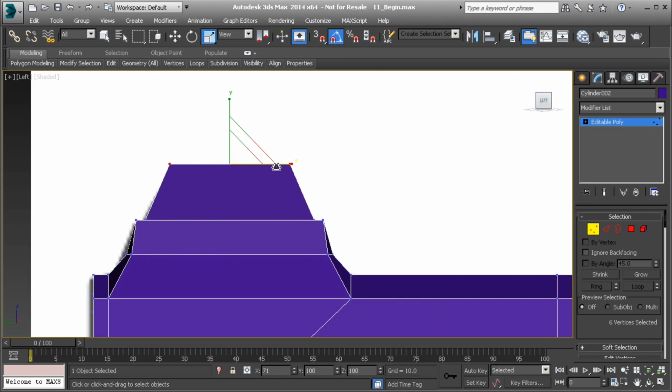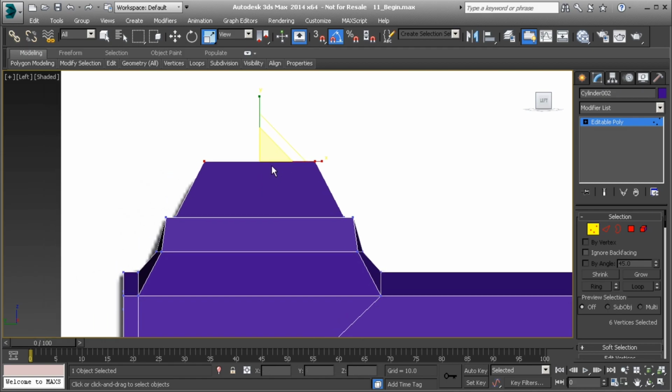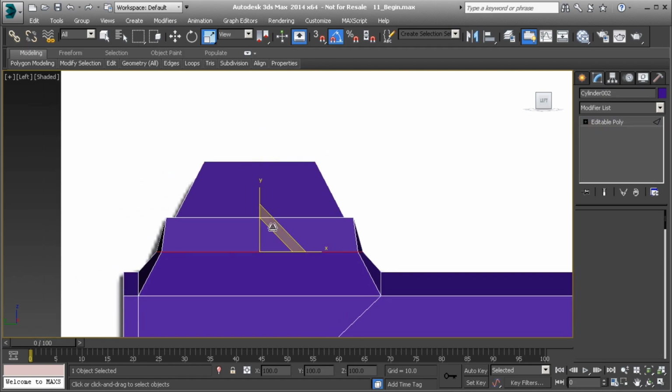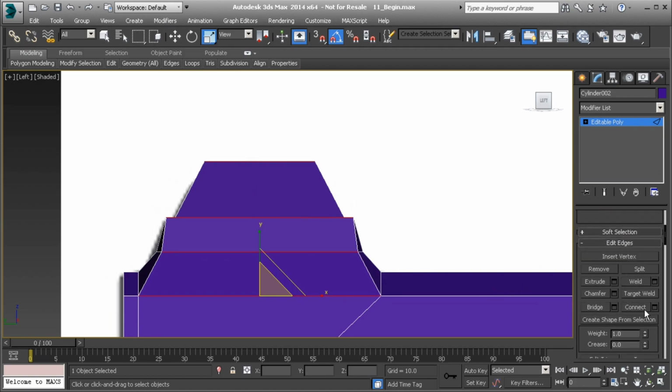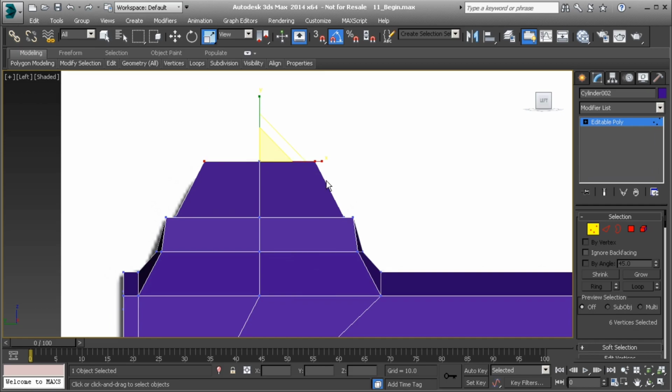Okay. And we'll scale it to right about here, and then I'm going to add a segment right down the center. So go to edge mode, hitting 2 on the keyboard, select 1 and hit ring, and then let's connect it with a single segment for right now, and we'll leave it at 0, 0, and then we're going to take those two outside vertices and we're just going to move that down. Okay, let's take all of this right here,